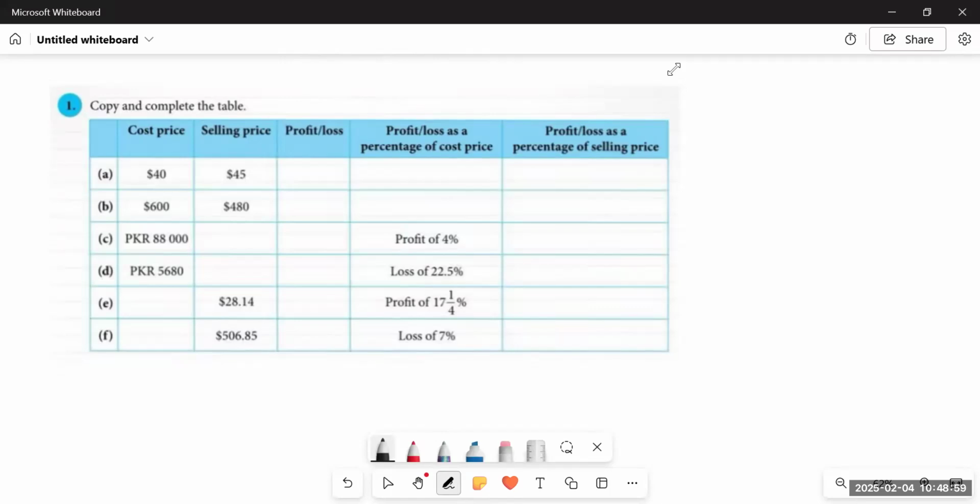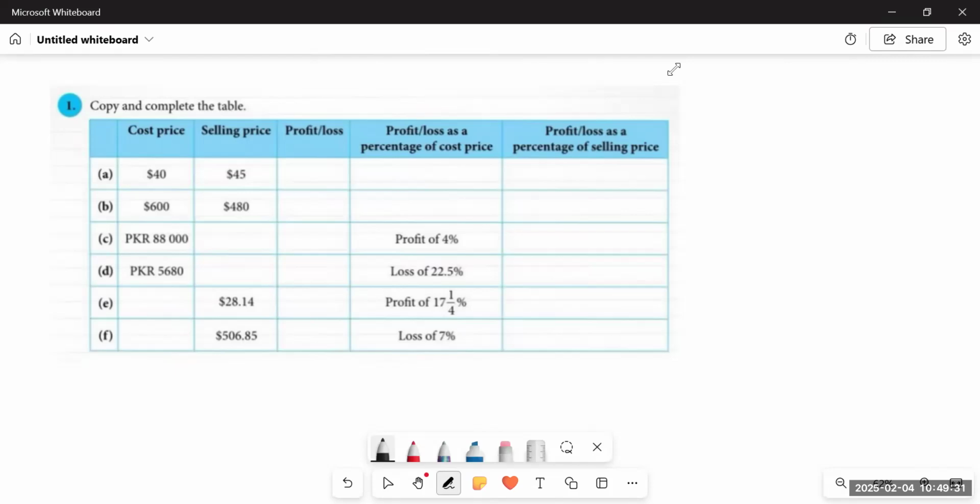Starting from question number 1, we have been provided with cost price, selling price, and we have to find out profit or loss incurred. First of all, we have to identify what is cost price, what is selling price, and how do we make profit or loss. So it's basically a concept of business. Whenever we buy something, and whenever we sell it, there is a process of cost price, selling price, and